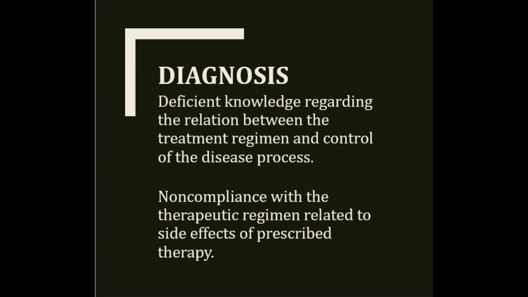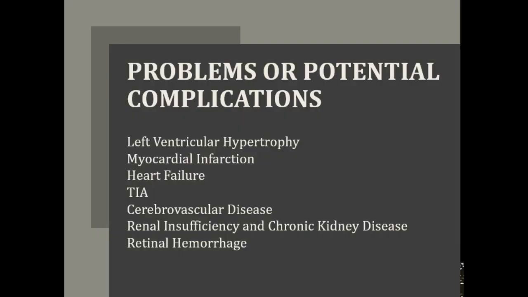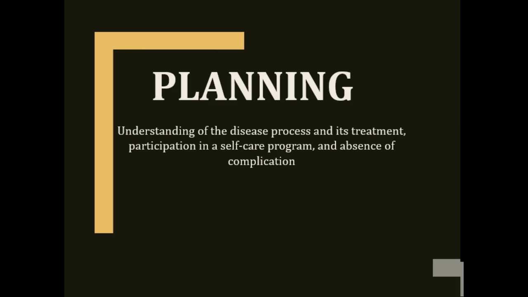For the diagnosis, first one is deficient knowledge regarding the relation between the treatment regimen and control of disease process. Next is non-compliance with therapeutic regimen related to side effects or prescribed therapy. For the problems or potential complications, first one is left ventricle hypertrophy, myocardial infarction, heart failure, TIA or transient ischemic attack, cerebrovascular disease, renal insufficiency, and chronic kidney disease. And lastly, retinal hemorrhage. In planning, the major goals for a patient with hypertension are as follows: